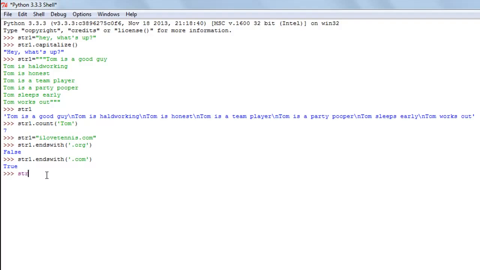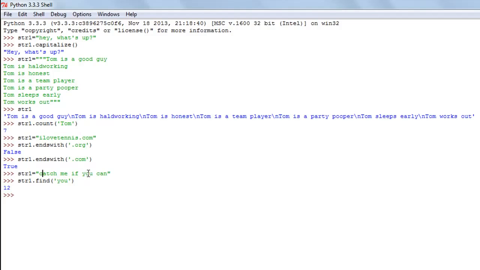So I'm going to change the value of the str1 string object again, and I'm going to change it to 'catch me if you can'. And then I'm going to use the find method this way. I'll type str1.find, and then within parentheses and single quotes I'll type 'u'. So let's say I want to find out whether the word u exists in this string or not. When I press the enter key, I get 12 as the result, and that's because the index of the word